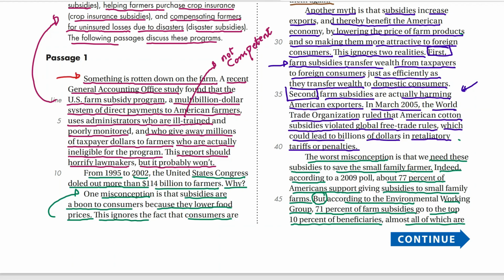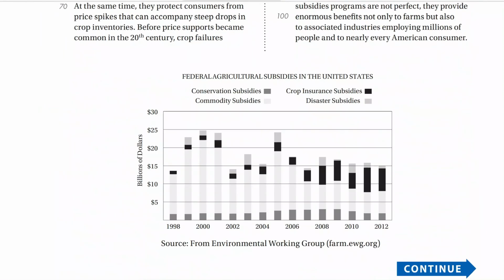Hajar, something is rotting down on the farm. Is it positive or negative? Go ahead. It's negative. It's negative, thank you very much. And if you want to make sure how negative, a recent general accounting, and you complete reading this and the way he spoke negatively about the subsidies, okay? So something is rotting down on the farm. So the question is,